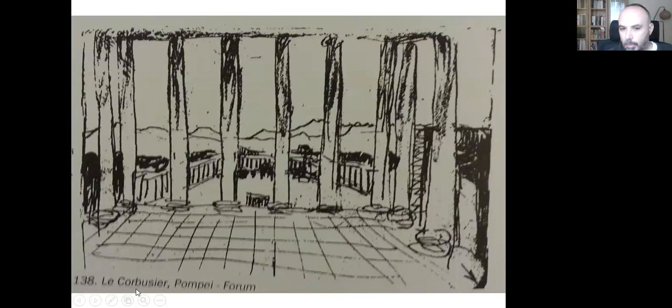Another sketch of Le Corbusier, and when I look at this, I don't know where this place was. Why did he do this sketch? What was his purpose? I didn't read anything about this sketch. I'm just looking at it, and I get this idea. He is standing in a place with columns. They were arranged in an order. There is a repetition, and